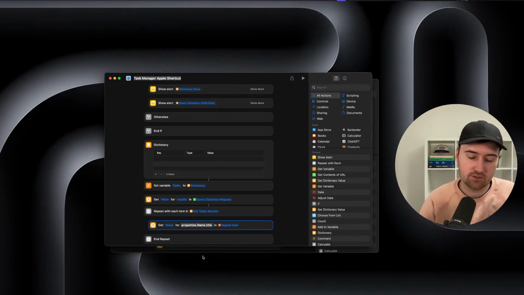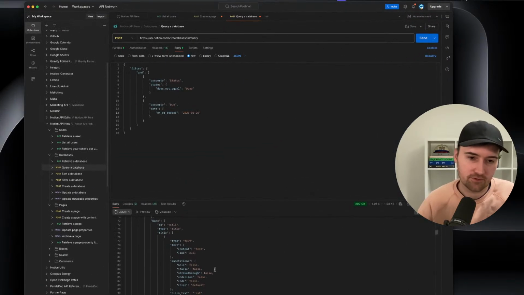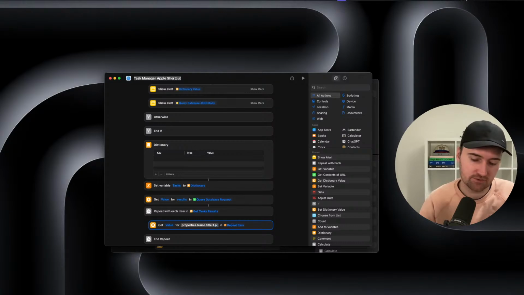So in order to access the first item in the title array or list, we need to add a 1 there. So that's going to be the first item in the index. Apple Shortcuts use 1 to get the first item rather than 0, like Notion formulas. So that's just a slight quirk, which is a bit more user-friendly, and I wish Notion had done it, but they didn't, to try and be a little bit more traditional. And now that we've got the first item from this list, we can just access the plain text